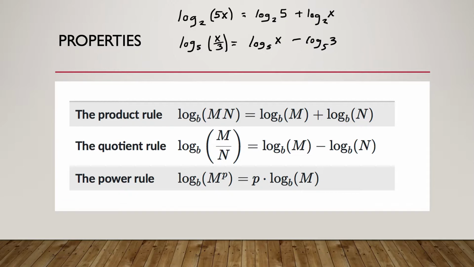And then our final property is what we refer to as the power rule. This gives us a way to deal with exponents. And so this essentially says that if you're taking the log of something where you have an exponent, you can take that exponent, in this case a p, and you can bring that p down to the front of the log. So as an example, if I were looking at log base 7 of, say,